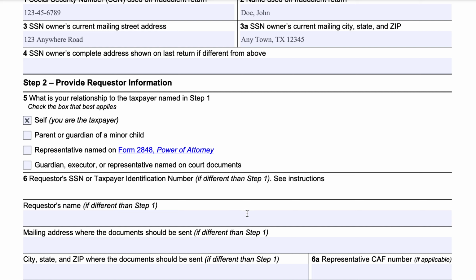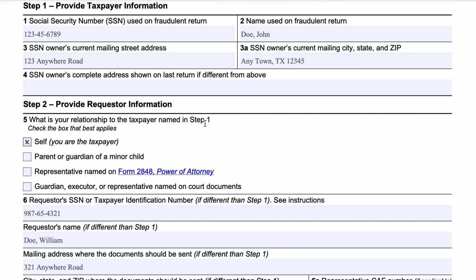So let's just say that John Doe's dad is putting in information on John Doe. And then we'll put in a different mailing address. So that's what it would look like if you had to put in information that was different from the person in step one.